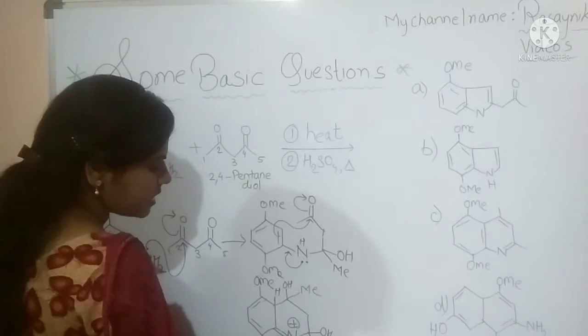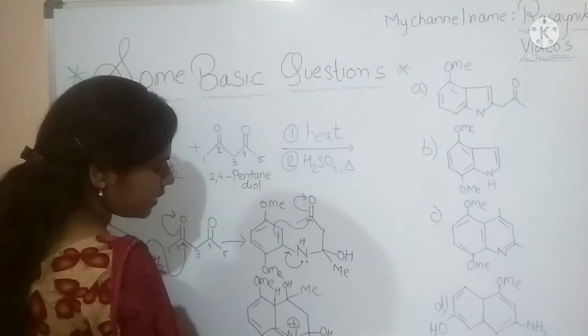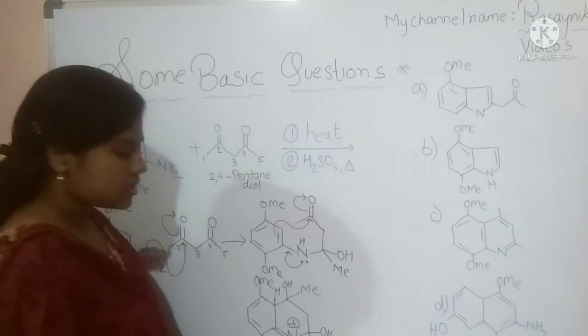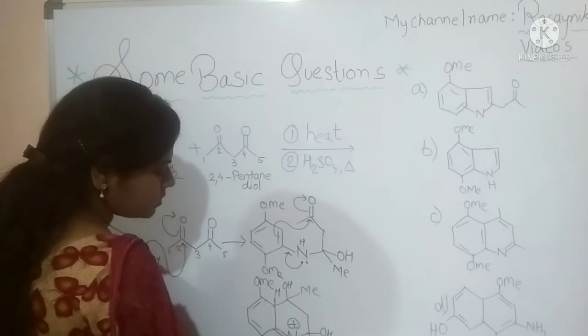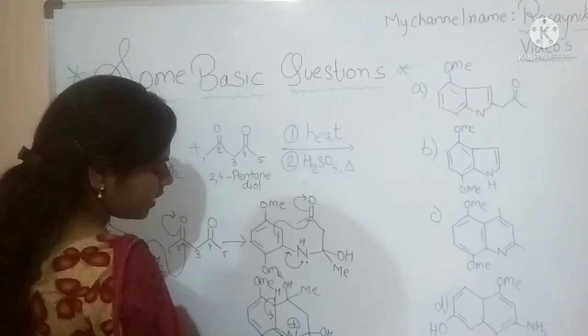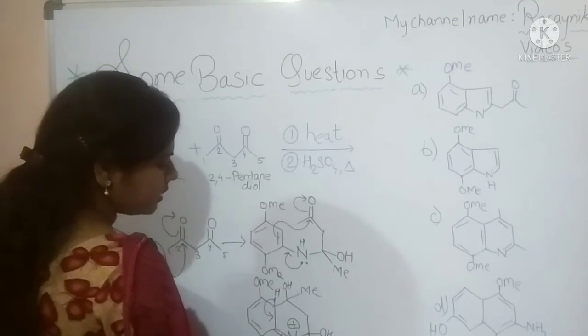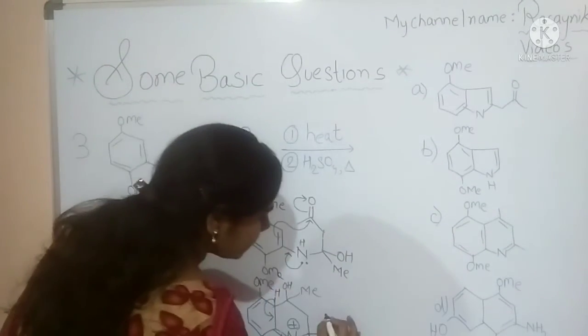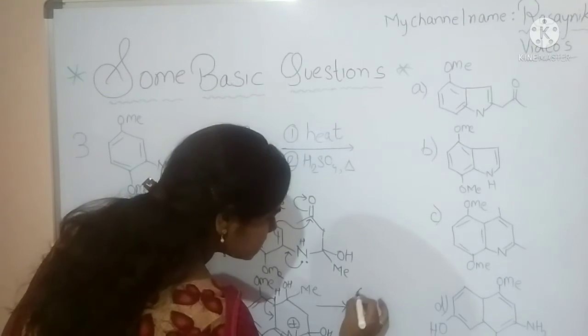The 4 bonds are present, so the nitrogen contains the positive charge, and this hydrogen will get converted into a double bond, and this nitrogen will return to its original bond. Okay, so now next step is